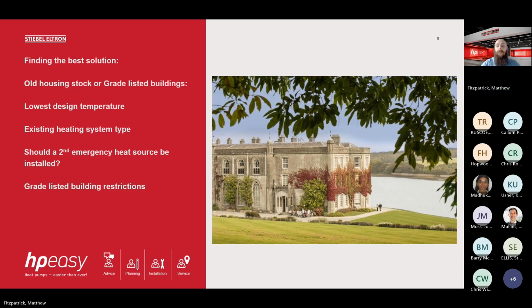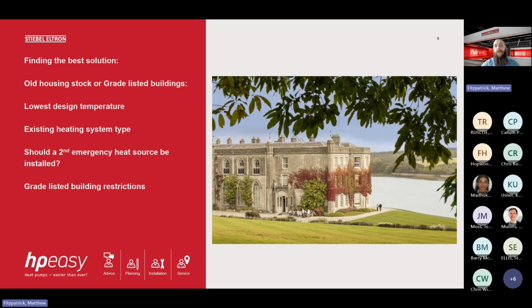So this process transfers to any grade 1 or 2 listed building that you will find in National Trust, English Heritage, any site across the UK. We need to determine the lowest flow temperature that we can achieve to maintain what we call a comfort heat or comfort level of heat in the property. And this will protect all of the antiques, upholstery, and if it is used for example, a museum or it's